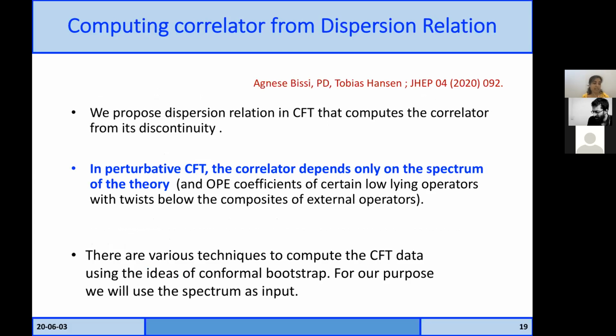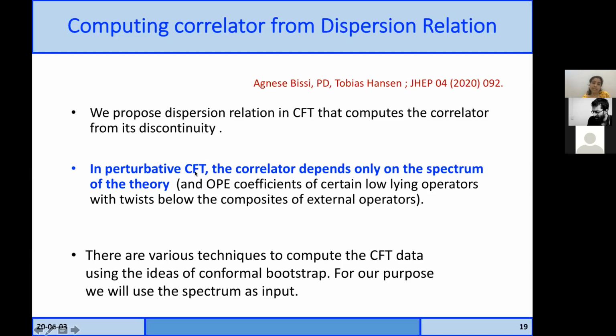By discontinuity, I mean it could be anything, it could be a fold, it could be some branch cut, any non-analytic behavior. Usually dispersion relations enable us to construct a function from the knowledge of its discontinuity. We will discuss it in the context of conformal field theory, basically in the context of a 4 scalar correlator.